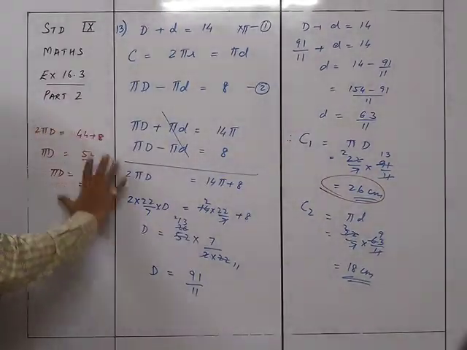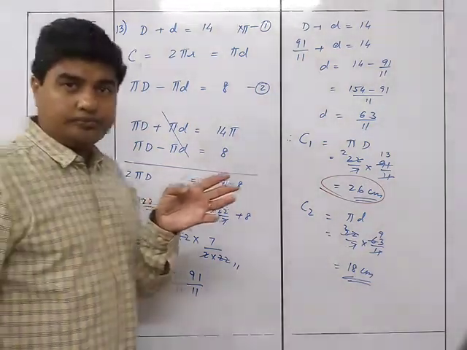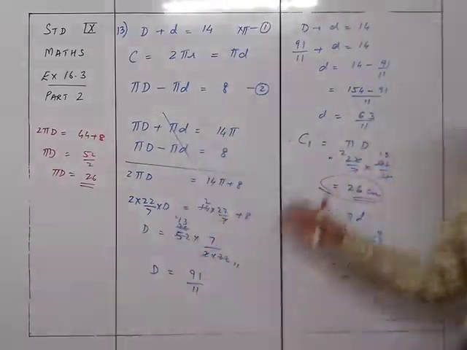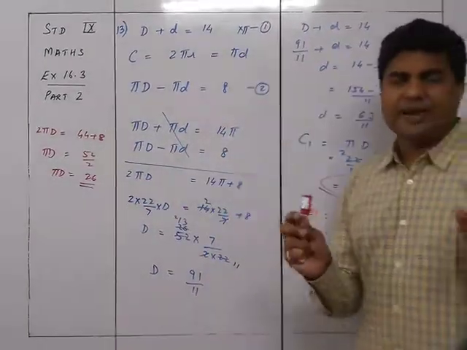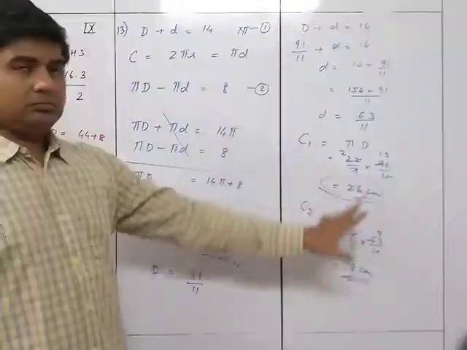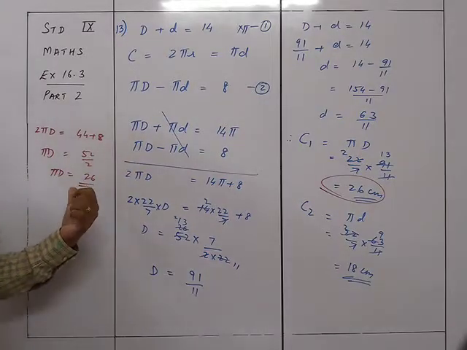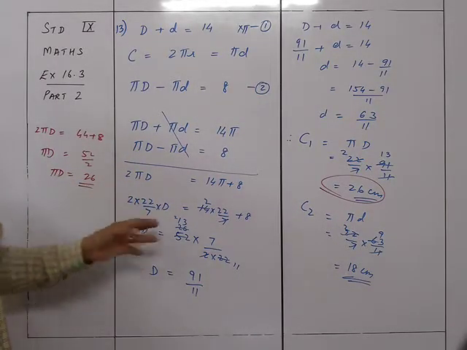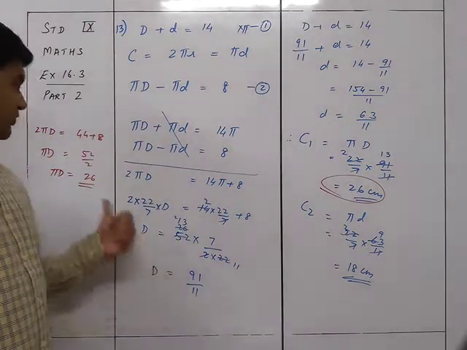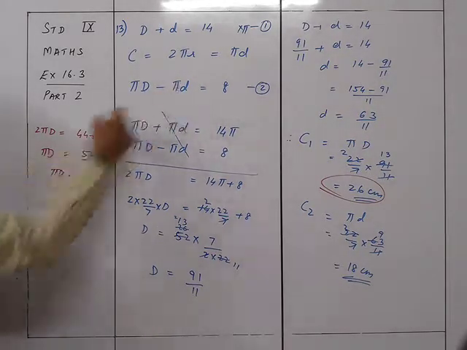So this is much simpler, but in case it doesn't strike you that you could have made it so easy, you can always go for this long method, not a problem. It hardly takes 2 more minutes to solve the sum. But otherwise, if you can remember this or understand this properly, then much advisable, because half of the calculations are saved if you do this. So that's why it will be this way, pi D is this way, and then you retain this way, pi